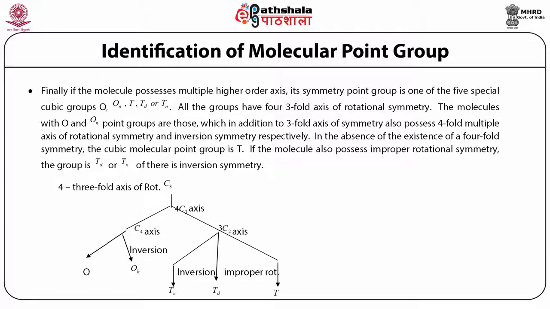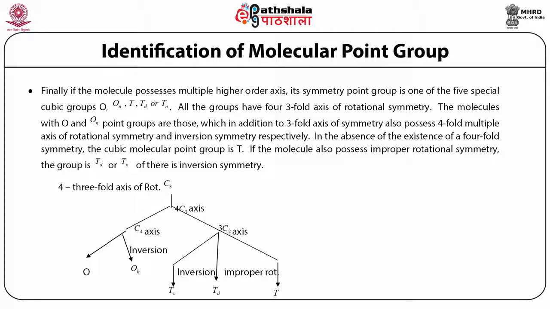If we find that there are 4 in number, then we go further and see if there are any fourfold axes of symmetry or not. If there are fourfold axes of symmetry, then the point group to which this molecule belongs can be either the cubic group O or Oh, depending on whether it has inversion